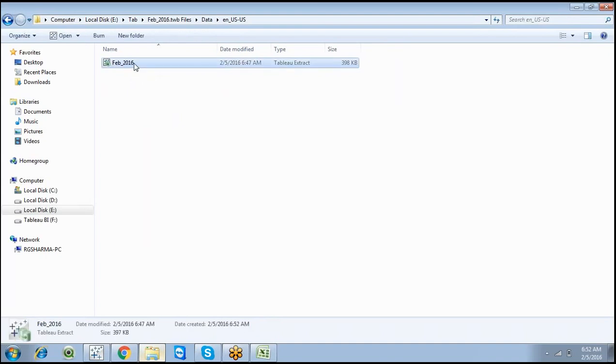But when you create a package, by default it captures that particular data. So already we discussed this information, like the Tableau data extract.